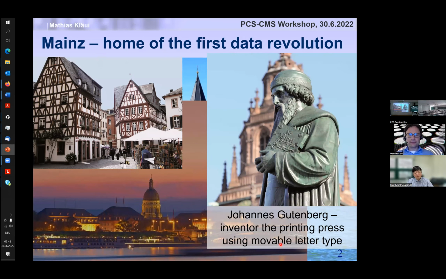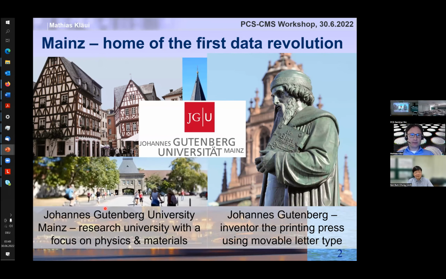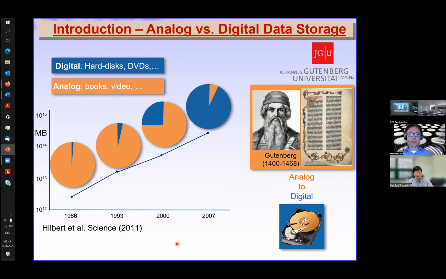And in the 16th century, the idea of not just copying the book by hand, but actually using a printing press, had an exponential increase on the amount of data available. And he's also the namesake of my university, which is a leading research university with a strong focus on physics and materials. So if we look at how data has evolved, we find that up until about 1993 or so,